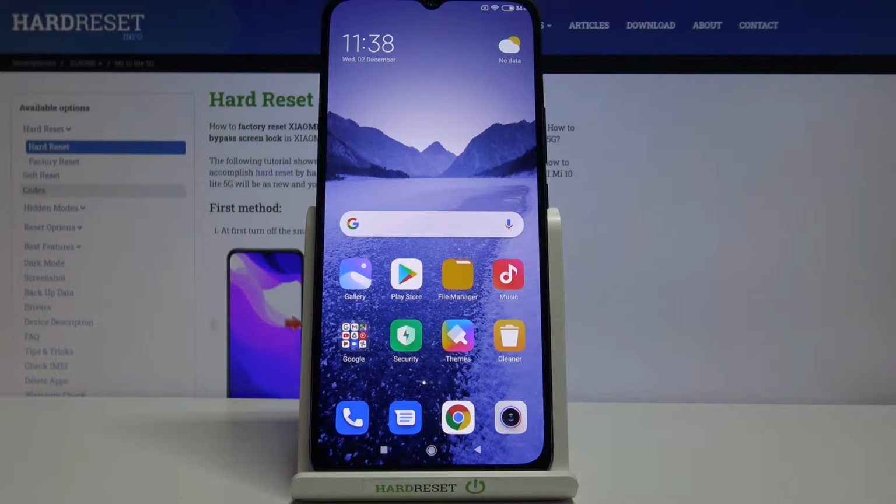Hi everyone, here we've got Xiaomi Mi 10 Lite 5G, and let me show you how to clear credentials on